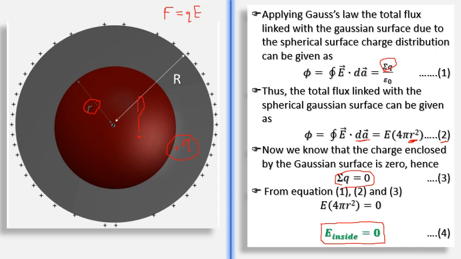What if our point is outside the shell? So again we have a charged spherical shell. Charge is on the surface, and let the surface charge density be sigma, and we consider the radius to be capital R. And now we want to find out the electric field at this point. This is where we want to find out the electric field. But where is the point? From the center, the point is at r distance.